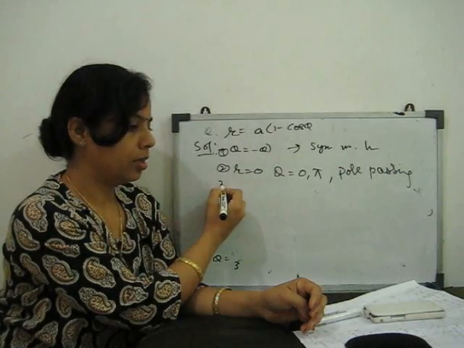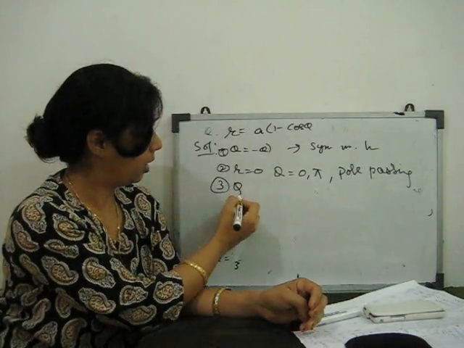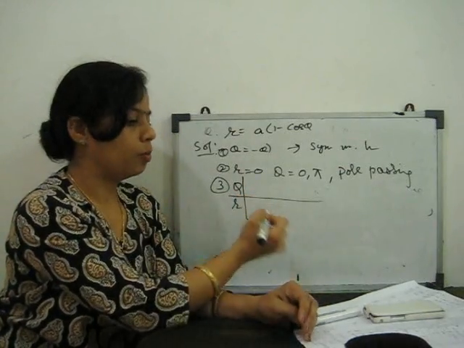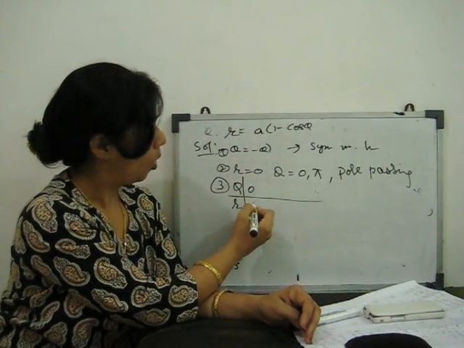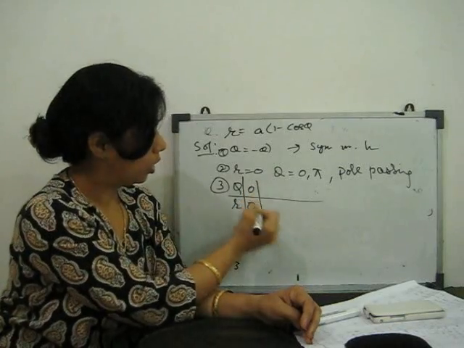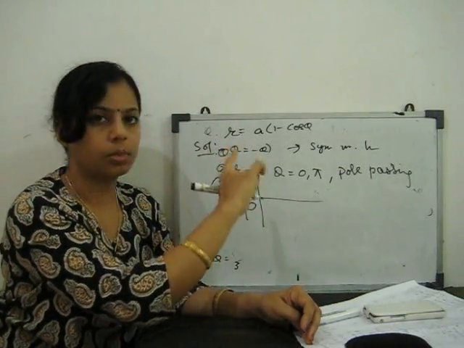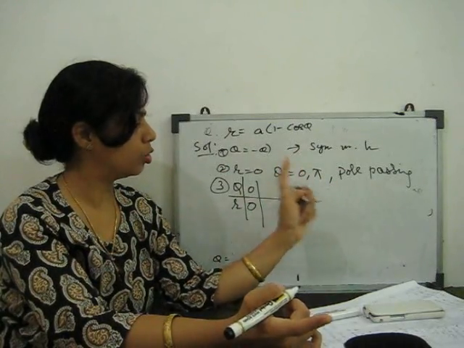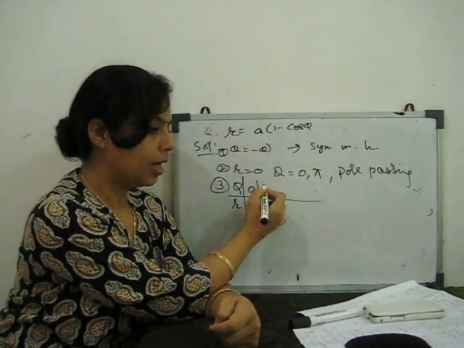Okay, and third, you have to make the table of theta and r. When you put theta is equal to 0, r is equal to 0. Clear? Because it is passing through the pole. If the conclusion is that it passes through the pole, theta is equal to 0, r is equal to 0, then again